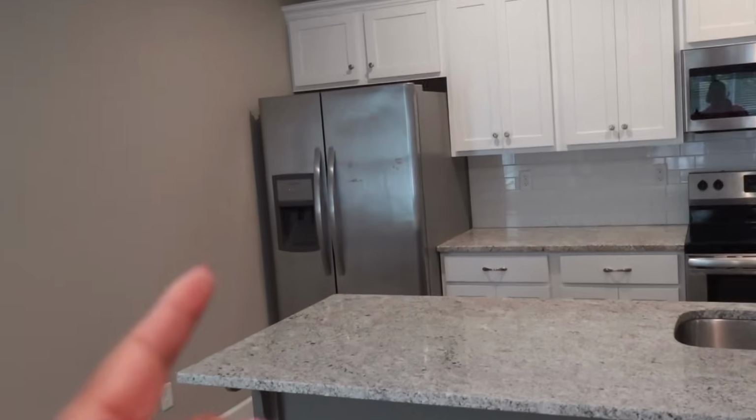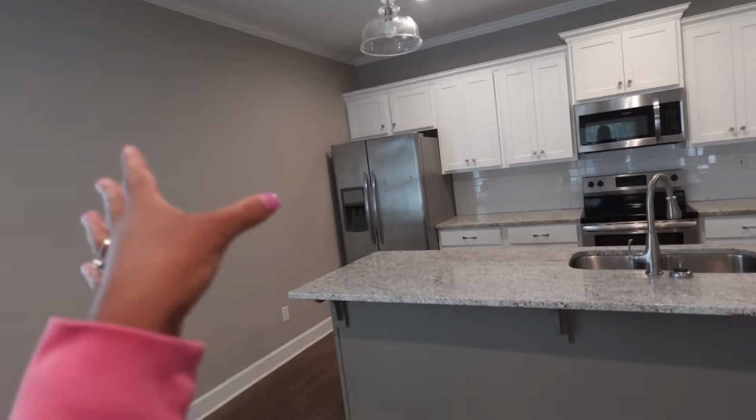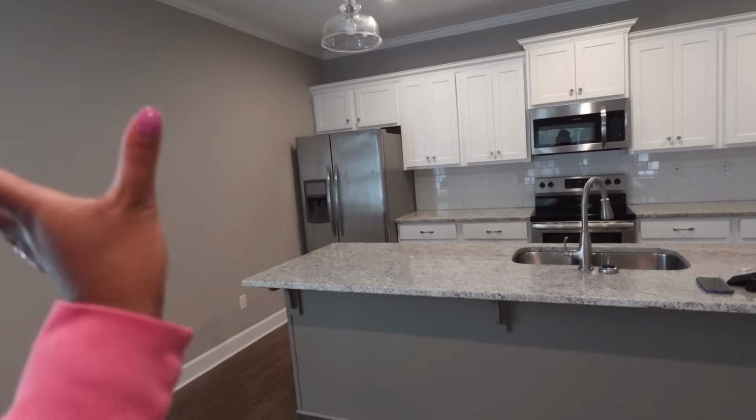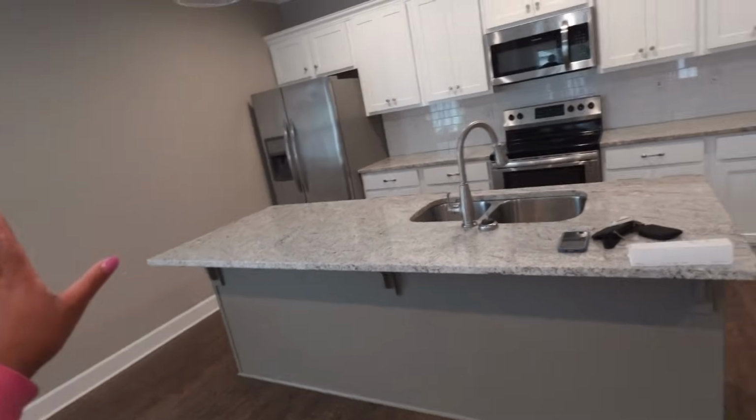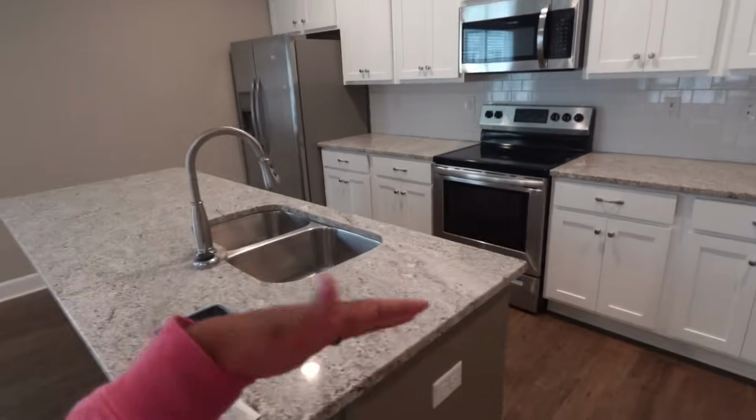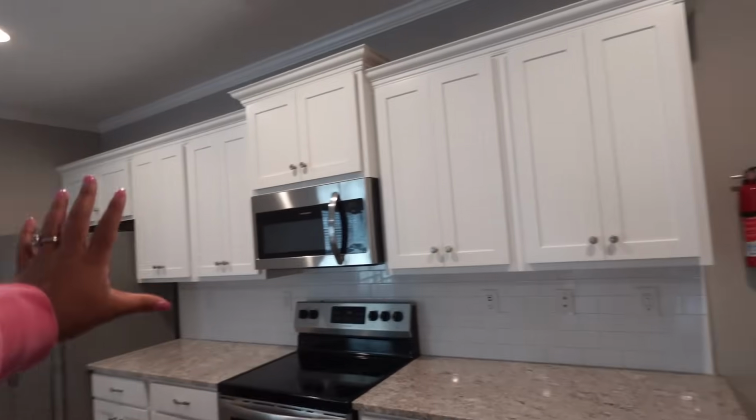The fridge is a little beat up, as I'm sure y'all can see, but we're going to get this house professionally cleaned just because I'm pretty sure it's been lived in before, and the other houses we looked at have been new developments, so nobody's ever lived in there. But yeah, it has the island kitchen, it has the electric stove, lots of cabinet space, fire extinguisher, and then